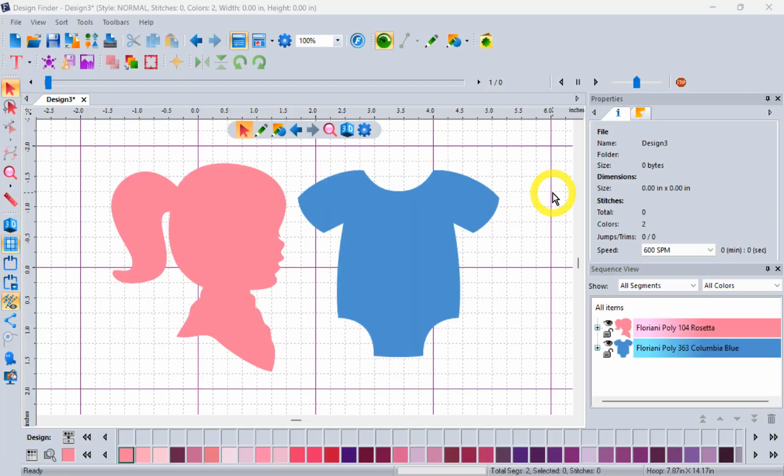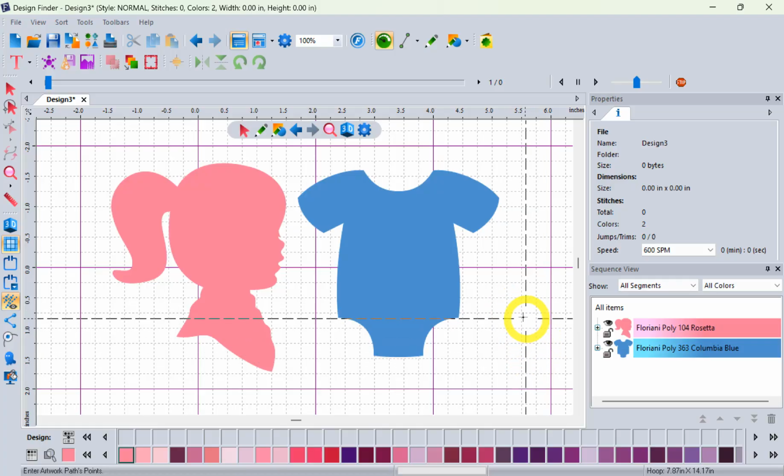In this video, we're going to learn about the pencil tool and how you can use that to draw your own artwork shapes. And we'll also learn about the shape tool and how you can use that to edit your artwork shapes. And so when you click on the pencil, you'll notice that your cursor changes and has some sort